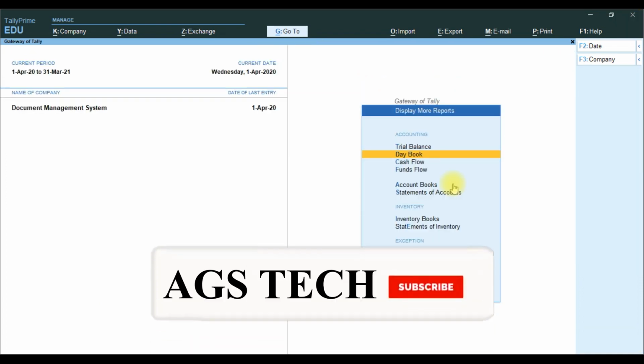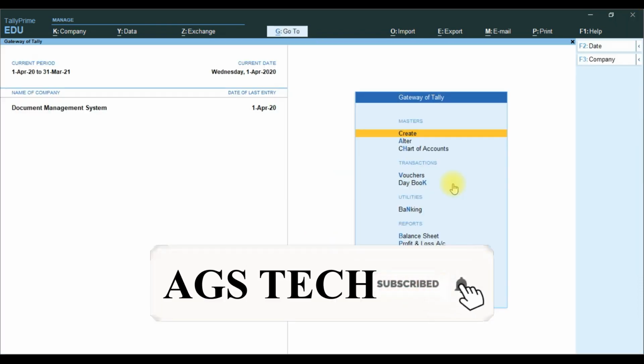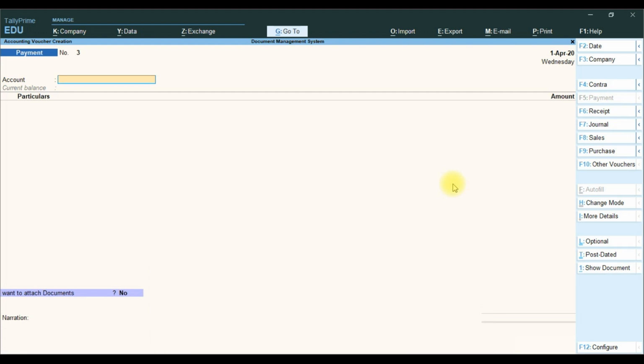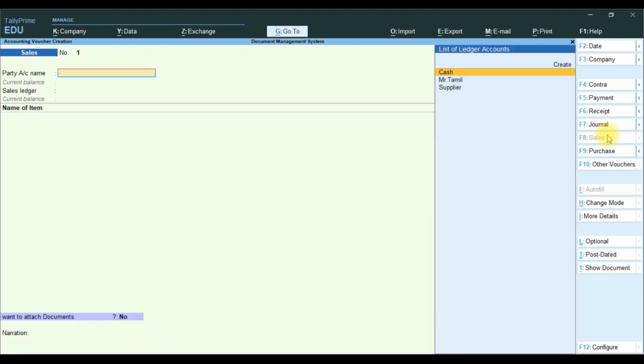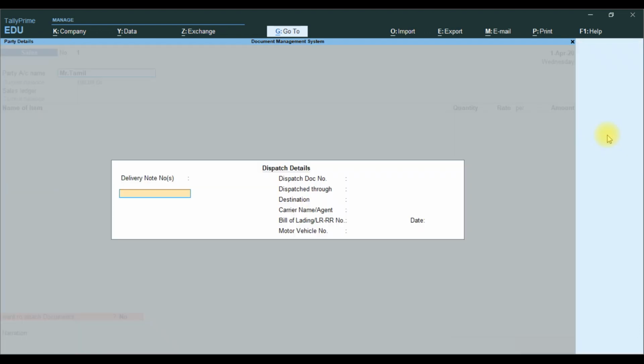Then we go to another transaction, voucher, F5. Mr. Tamil. If you have delivery information, you fill that. If you have LR detail, LR01.